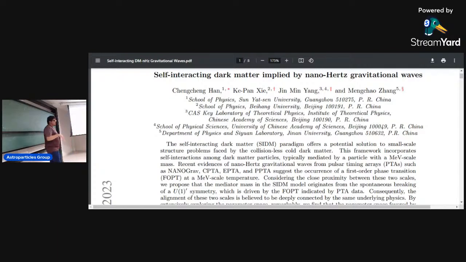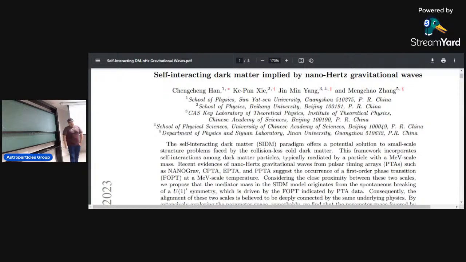The other part is related to gravitational waves. As I said, recently signals of nanohertz gravitational waves were shown, so low-frequency gravitational waves. And this kind of signal could be generated, for example, by a first order phase transition. It is one of the ways this nanohertz signal of gravitational waves could be generated. And for the nanohertz gravitational waves, this first order phase transition should be around the MeV